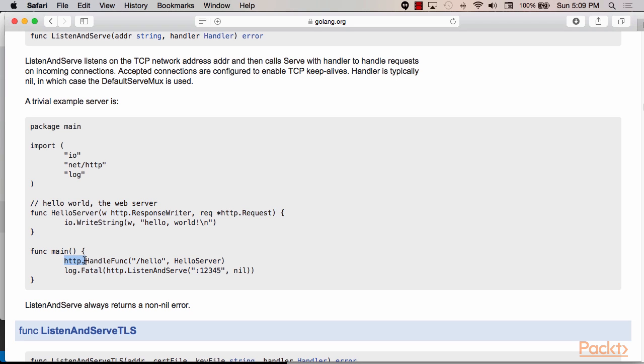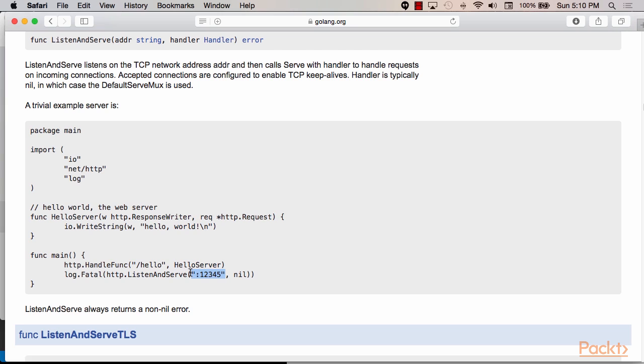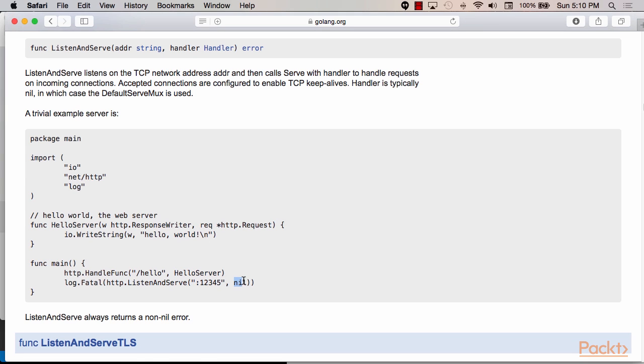We can then call another function called http.HandleFunc and assign the function that we wrote with a special signature to a URL address pattern. So this line of code simply attaches this functionality to this URL address on our web server. Then when we're done defining our handler using the HandleFunc function, we call http.ListenAndServe at the end, with the TCP address on which we're waiting for connections, and the second argument we will leave as